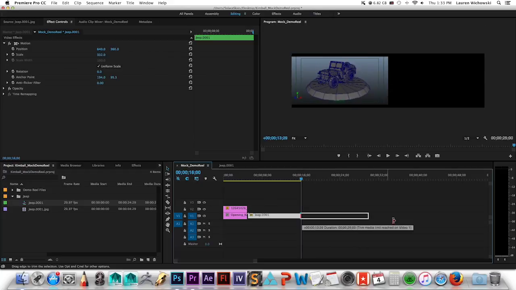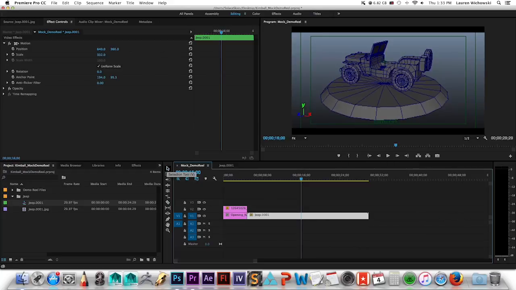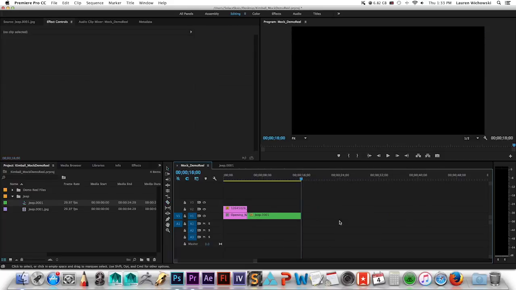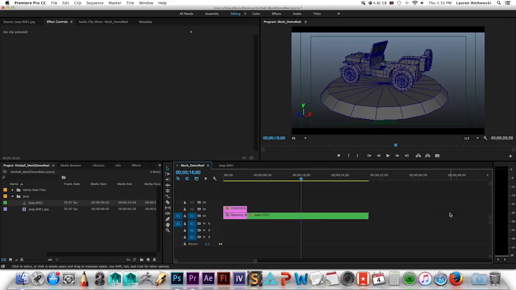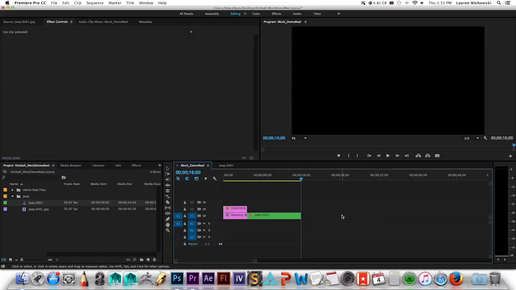Now another tool that's helpful, throughout all of this we've used the selection tool, which is V. V is the hotkey for your selection tool. You can also use C, which is a cut tool. I could cut right here, go back to my V key, and delete that second section. And I can always bring it back because Premiere Pro is very user-friendly and also very content-friendly. It's not going to permanently damage anything. You can kind of relax and experiment and not be afraid of